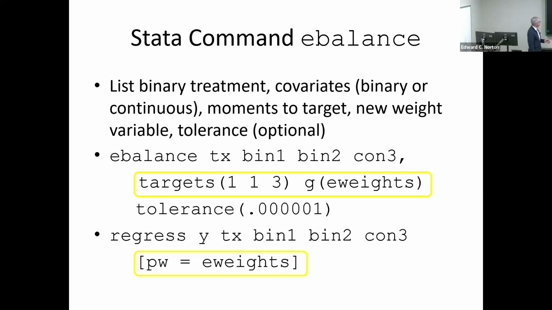The only real decision here, the big decision, is which variables you want to control for. That's usually obvious. If you do 1 for the binary and 3 for continuous, that's what you want to do. Yeah. Thinking about my background, I have propensity scores. When generating propensity scores, there's a lot of debate: you use a high dimensional propensity score, or a parsimonious model. Is there some thought here that entropy balancing should only be on things you think are associated with treatment, or is it that if you've got 10,000 variables, more is better? Well, if you have 10,000 variables, you better have a heck of a lot of observations. Oh, yeah, it is. Yeah.